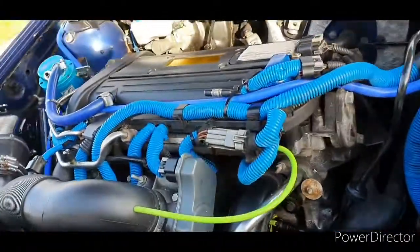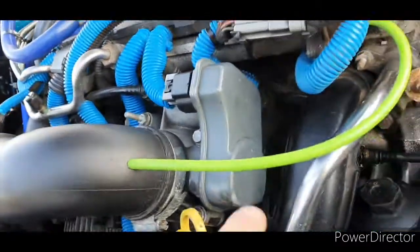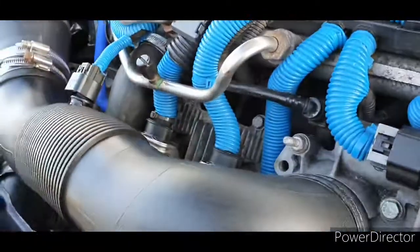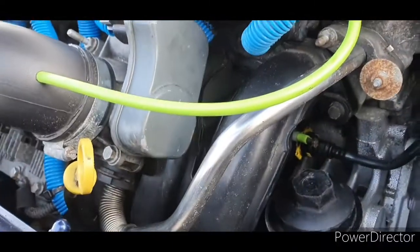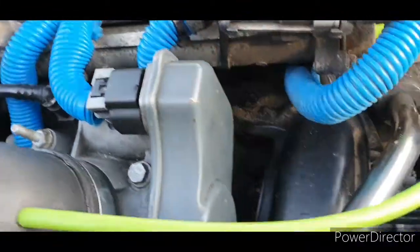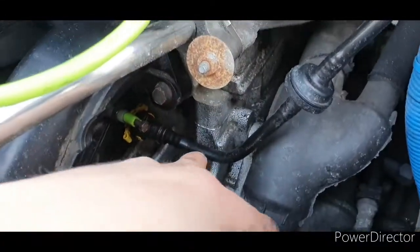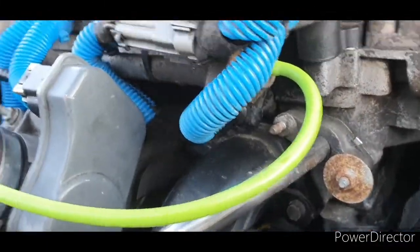Right, so the first thing I'm going to do is try to remove anything around the intake manifold. Take off the intake pipe, throttle body, EGR pipe, ECU, dipstick, and just anything that's connected to the intake manifold really. Then once this has all been removed, you've got bolts all around the intake manifold, which aren't too hard to get to. And then we've got to disconnect the brake booster pipe, which I need to then cut and join the other pipe to. But at the moment, I've got to remove